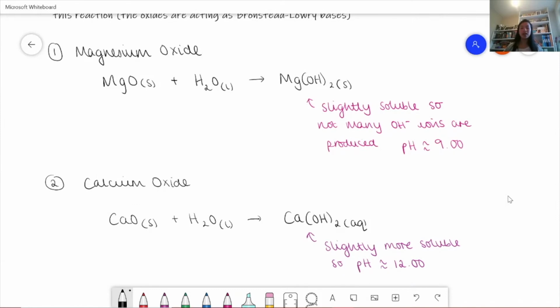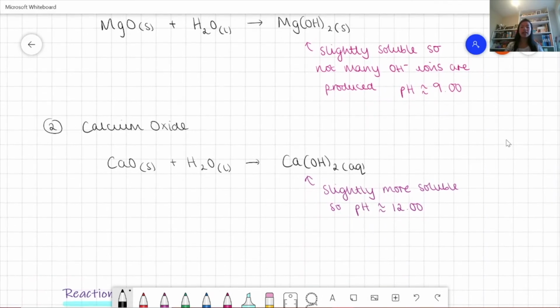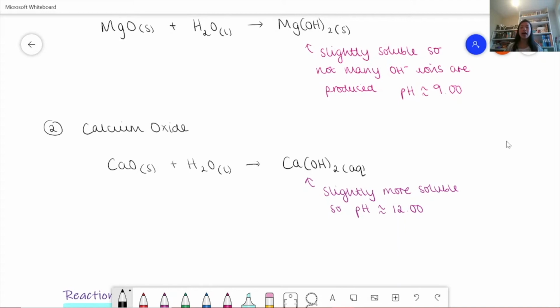So magnesium oxide reacts with 1 mole of water to form magnesium hydroxide. And this is the magnesium hydroxide that we use in indigestion medicines, so milk of magnesia. And it's slightly soluble, so not many free hydroxide ions are produced, and that's why the pH is not very alkaline. And then the second one you need to know is for calcium oxide, and the reaction is calcium oxide